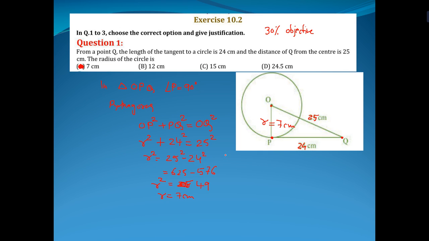We go for the next question now. 3 questions are there for correct option and give justification. So that is a justification. Now question number 2. In question number 2, you will see that